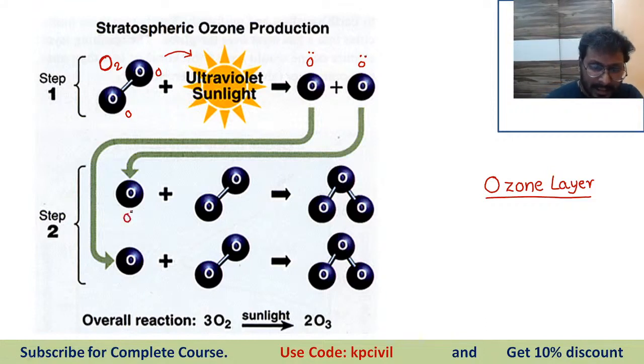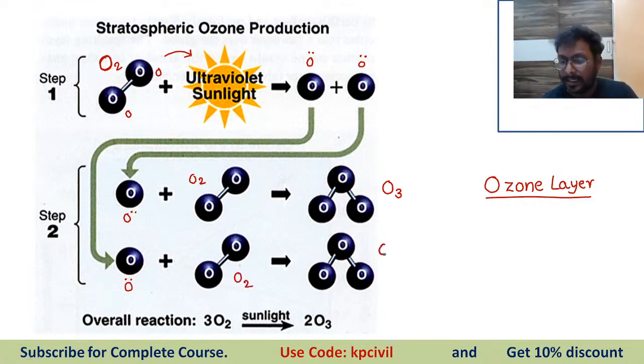These nascent oxygen free radicals react with another oxygen molecule and generate an ozone molecule. Same here also: this nascent oxygen free radical interacts with another oxygen molecule and generates an ozone molecule. So when we write down the chemical reaction, totally how many oxygens? Here 1 oxygen, 2 oxygens, 3 oxygens. So 3 oxygen molecules